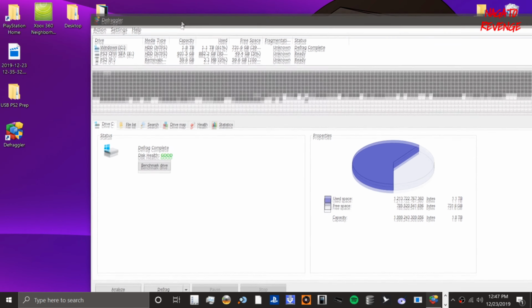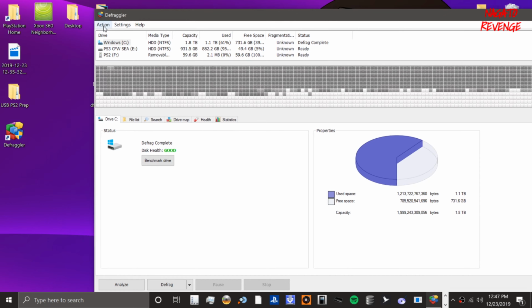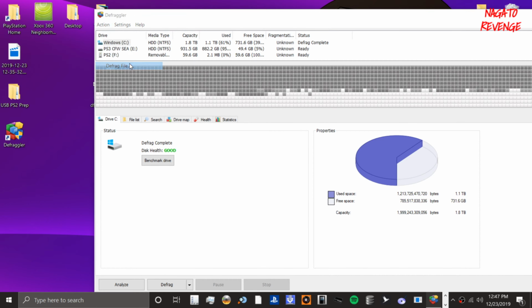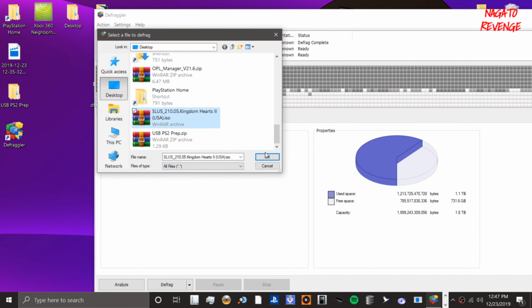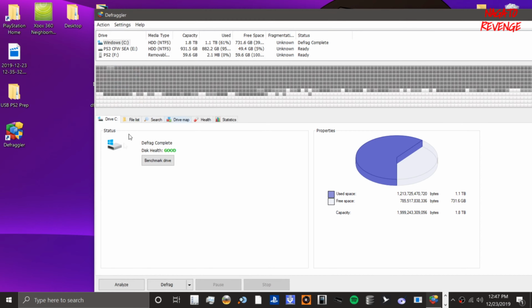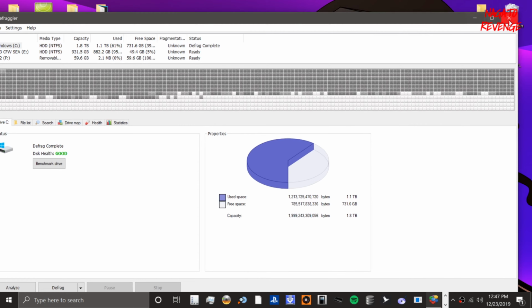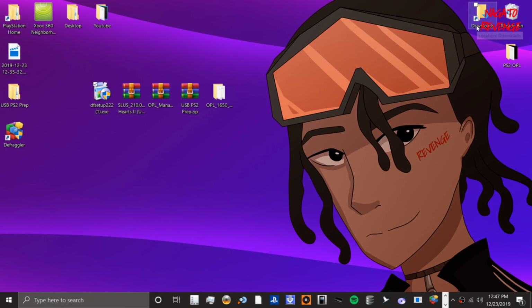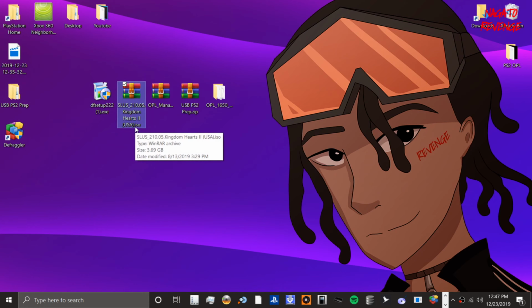So we'll basically say defrag complete. We can just go to defrag file once again, just double check if it does it. So yeah, it says defrag complete, so it's all good to go. All we have to do now is just close out of defragmentation. Unless you're doing multiple games, just do that for each set of game. But since I'm only doing one game, just to make this tutorial faster, all we got to do now is